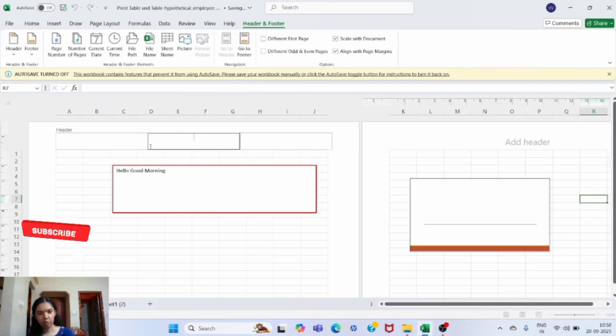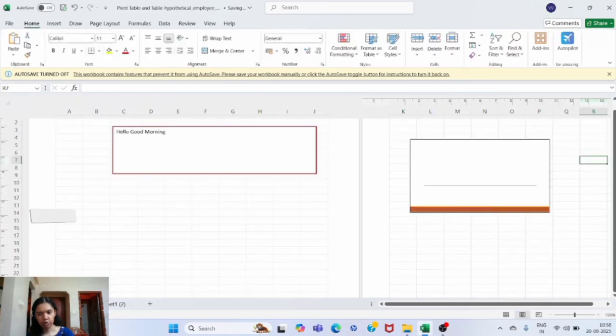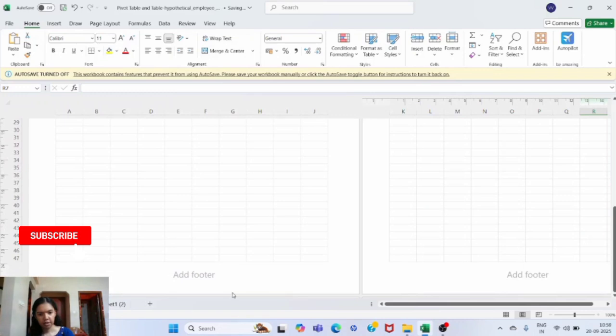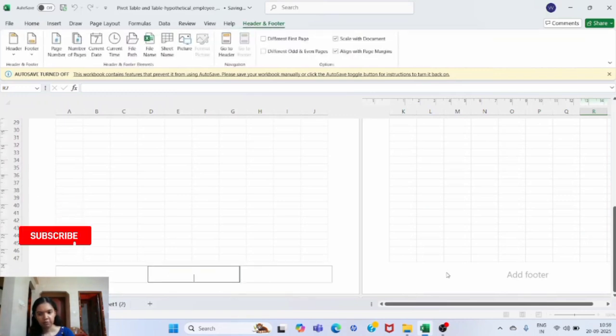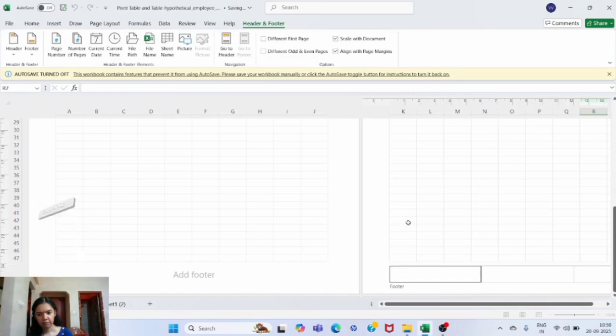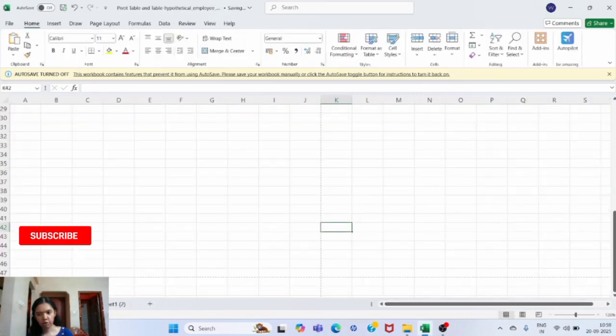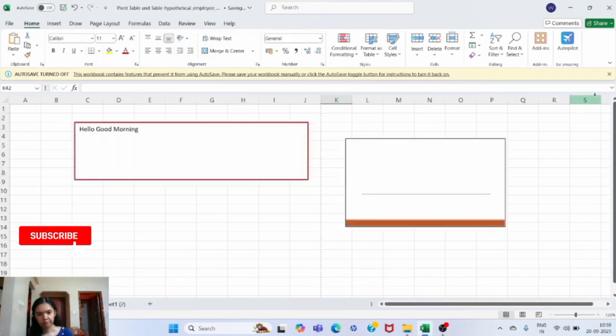If you're preparing any report, minutes of meeting, you can write like that. And here if you scroll down, here you will be able to add the footer. And then again, if you want to come to the normal view, you can click here normal view. So you're back to the normal view now.